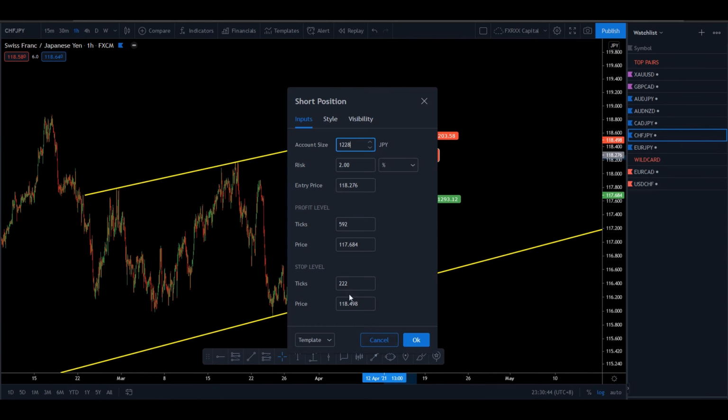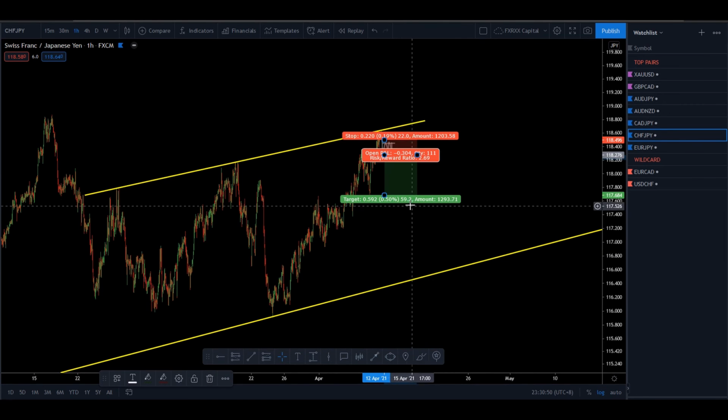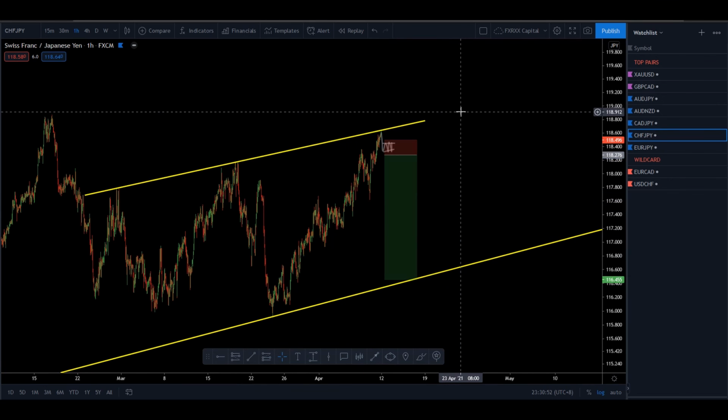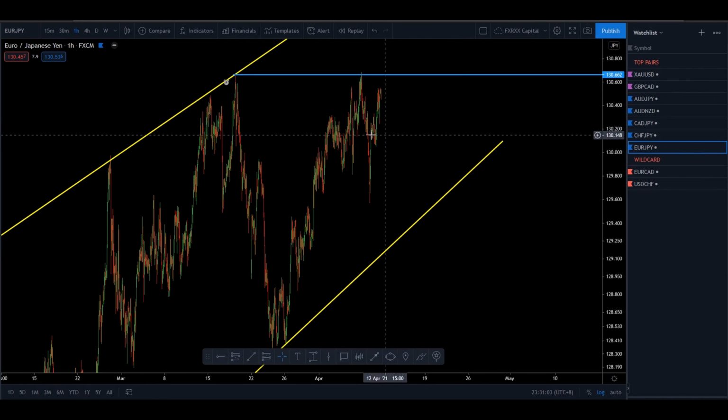The stop loss will depend on the flag, and sell this position, move to the downside. Okay, guys, very clean structure, easy to explain. So one of the clean structures so far for CHF JPY, and this is one of the sell setups. Final top pair will be